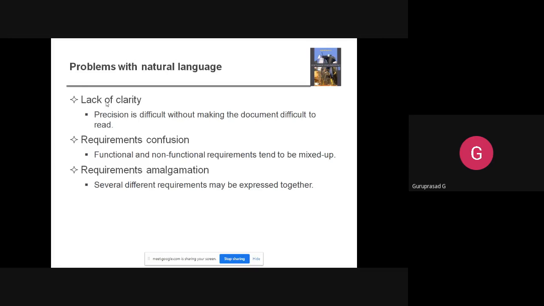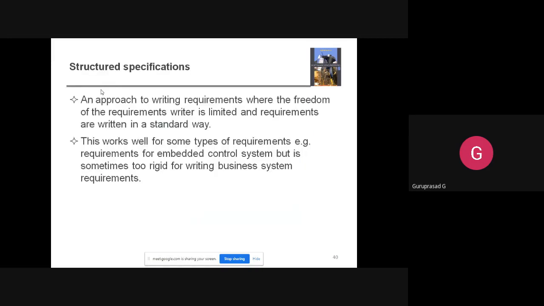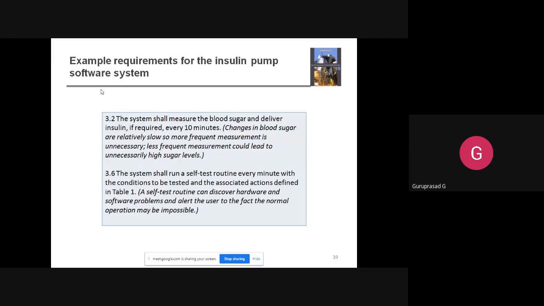So for that, see, this is an example of a type of requirement stated in natural language. I hope you see that screen. It is a requirement written in natural language, in English, and easy to understand for a common user. But it may be confusing and it may be interpreted in a different way by different people. Correct? So this is because it is written in natural language.